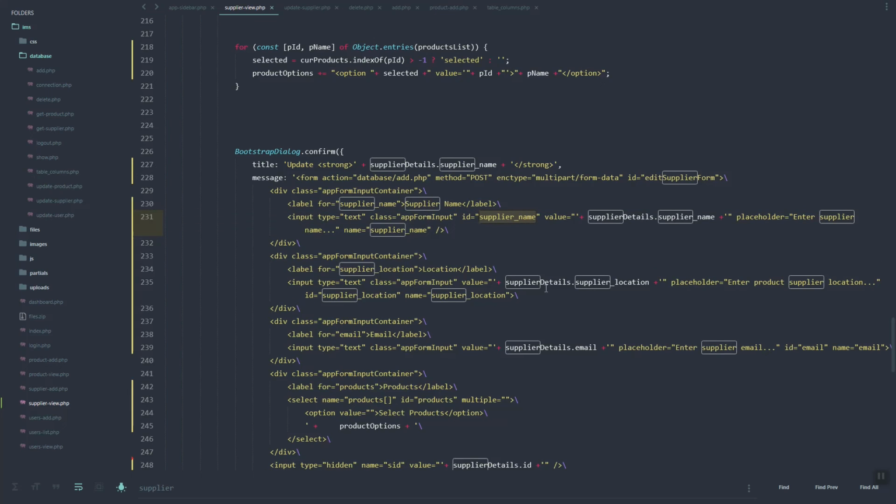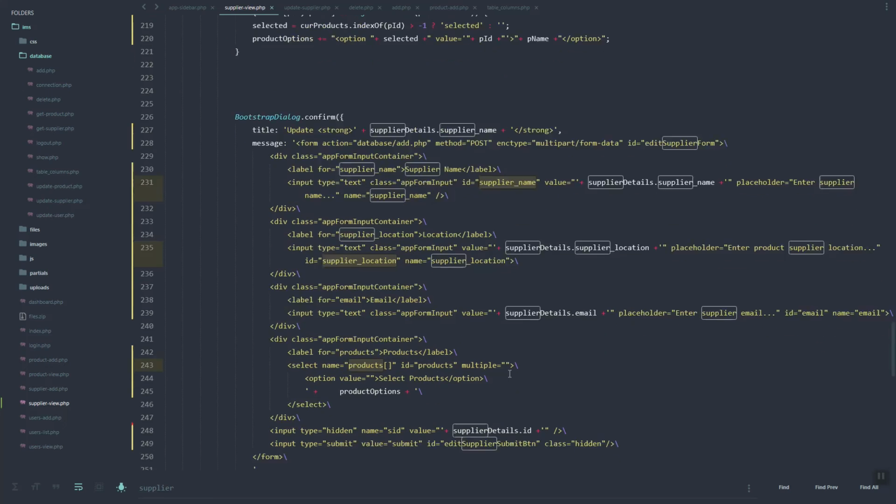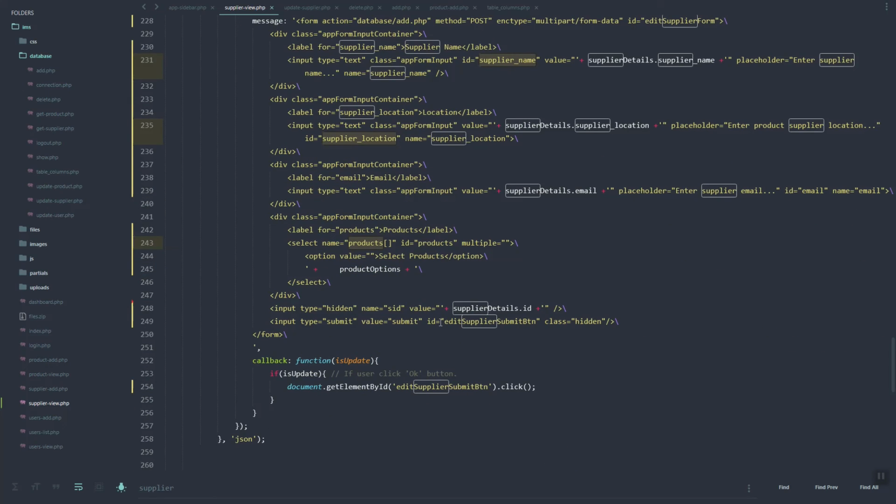So we can use JavaScript to pull the value. So products, then SID, email,